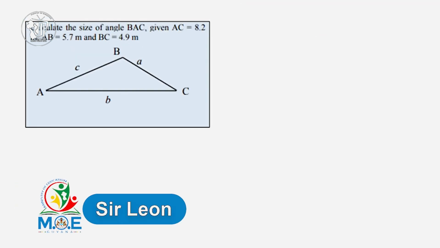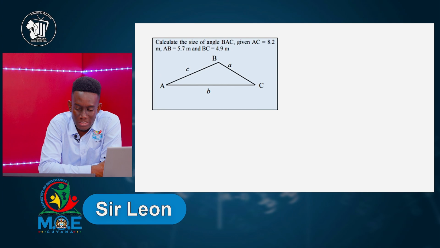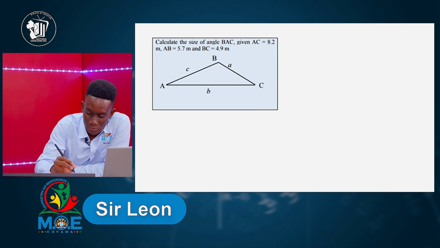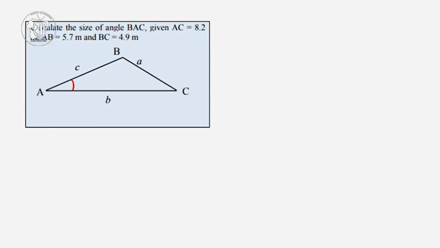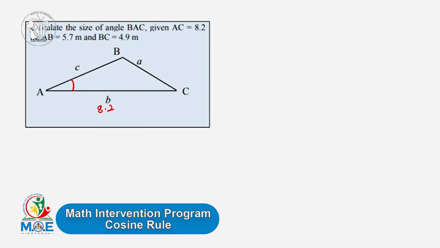So let's look at another example. Calculate the size of angle BAC, given AC is equal to 8.2, AB is equal to 5.7, BC is equal to 4.9 meters. So you want to find the size of angle BAC. So BAC would be this angle here, which is angle A. So let's put in the values that we know. So AC, which would be here, is equal to 8.2, and AB is equal to 5.7, and BC is equal to 4.9